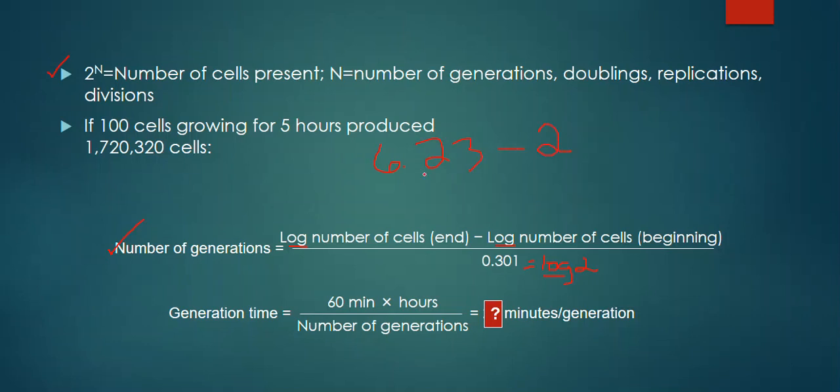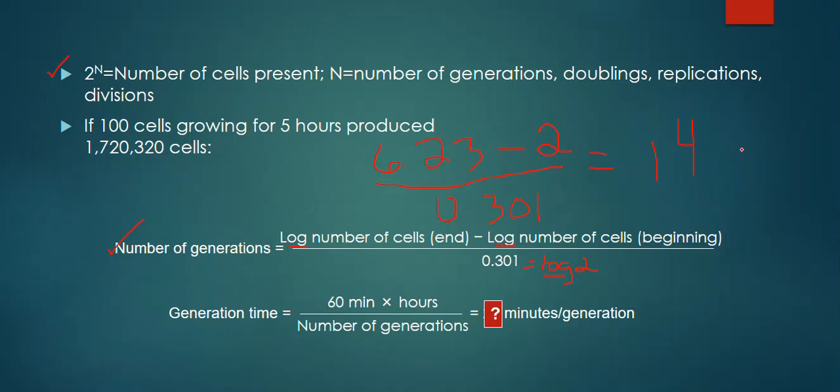The log of 100 is 2. We divide that by 0.301. And what's another way we could have written just 0.301? Log of 2. So when we do that math, 6.23 minus 2, divided by 0.301, gives us